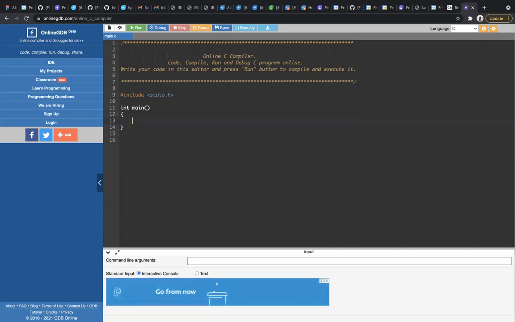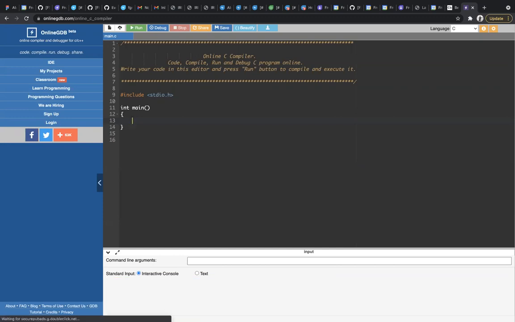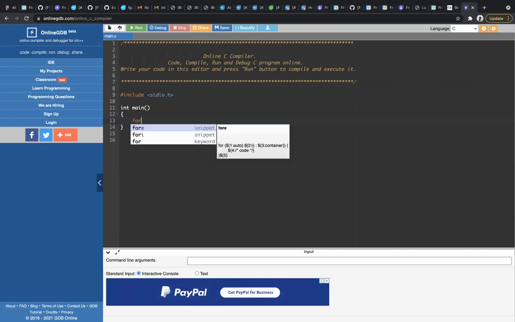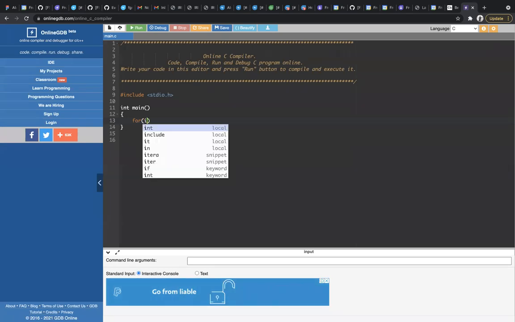If it is 8, I'll print 0, 1, 1, 2, 3, 5, 8, 13. If it is 9, I will include 21. If it is 10, I will include 13 plus 21, that number. Obviously I need a loop because I don't know what the input will be. So I'll create a for loop here, and I'm declaring some variable.